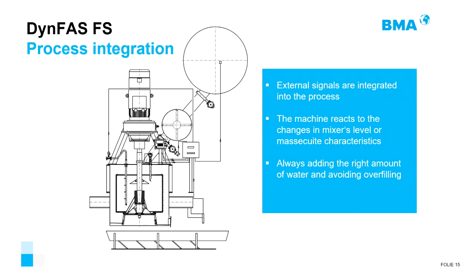This control system, the PLC that we are using in our centrifugals, is getting not only information from the DINFAS FS, it is getting information all around the machine and in other points of the process. For example, we are getting some information about the level in the mixer,